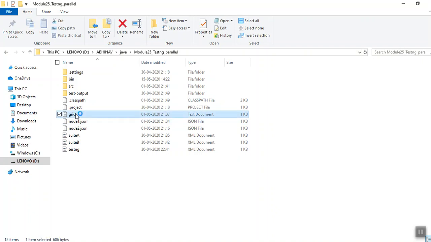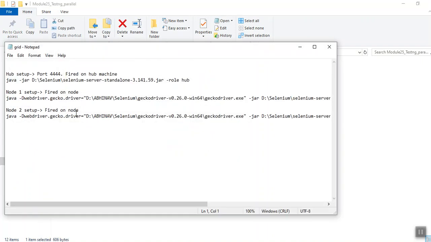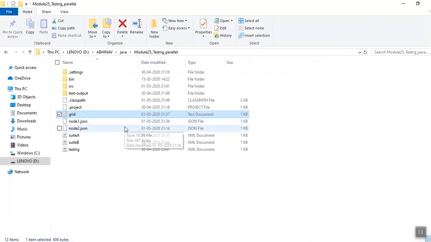Here you can see I am configuring my grid. I am providing where my standalone server is, and which drivers I have to use. I am using node 1 and node 2, both are JSON files in which all the information which I have told you has been configured.